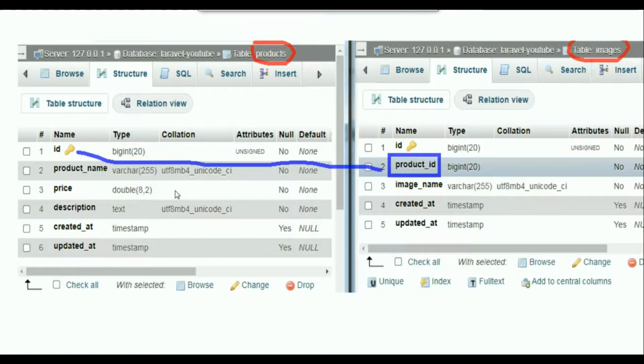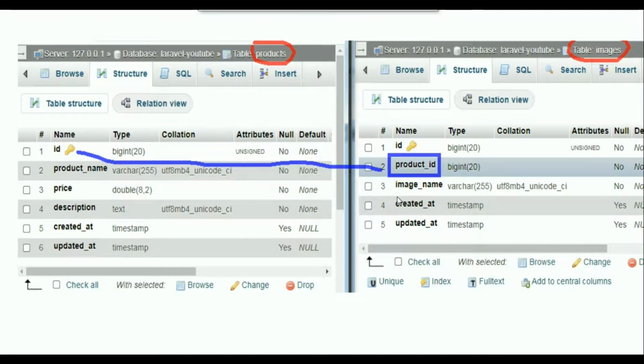In my database, I have already created two tables: one is the product table and the second one is the images table. As you see here, in the images table, I have created one product_id. This is important. To implement this, this is the first step you have to take care of.